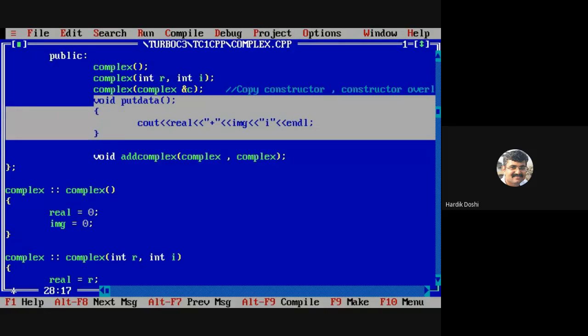I told you in my first lecture of class and object that we will discuss it later on. What if we define a function inside the class and what if we define a function outside the class? If I define a function in the class, then that function is called an inline function.